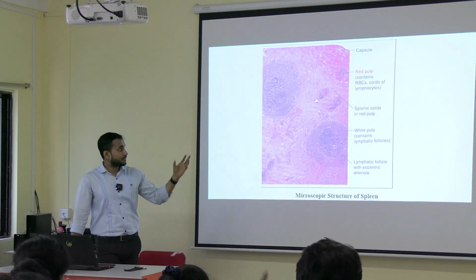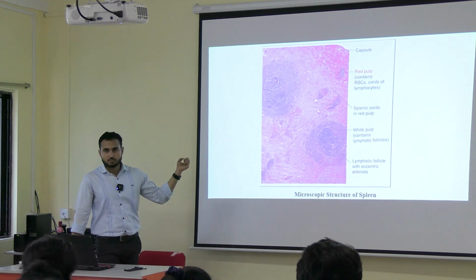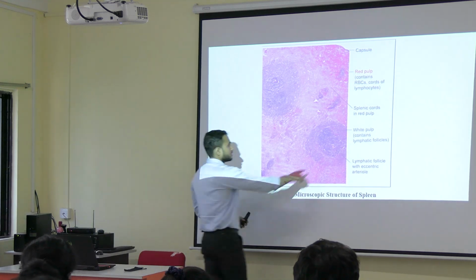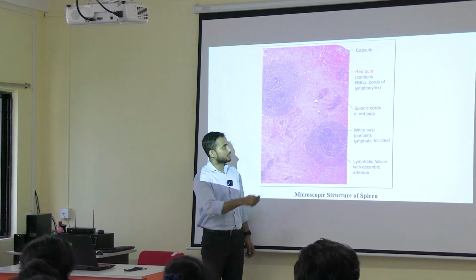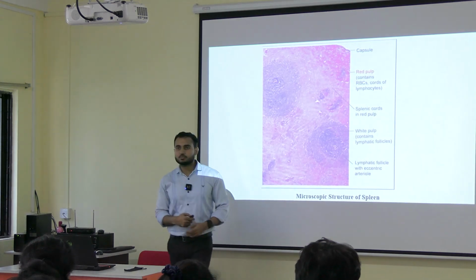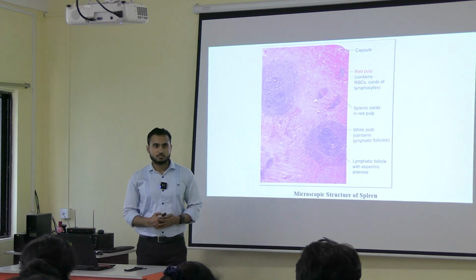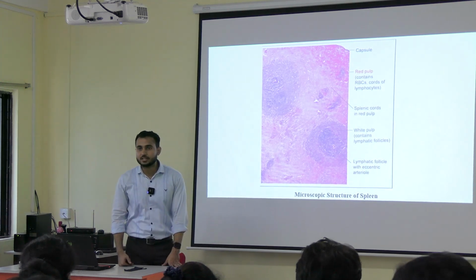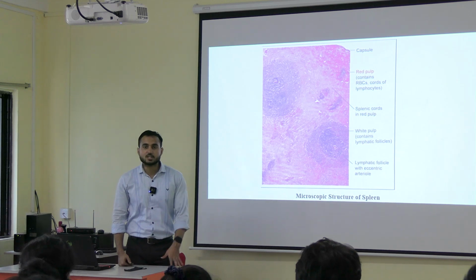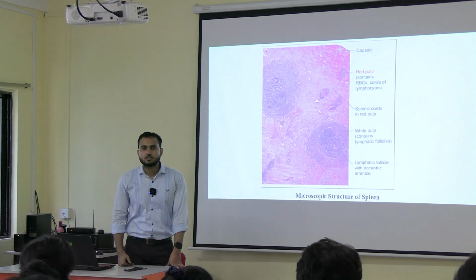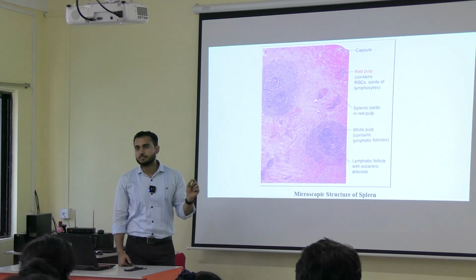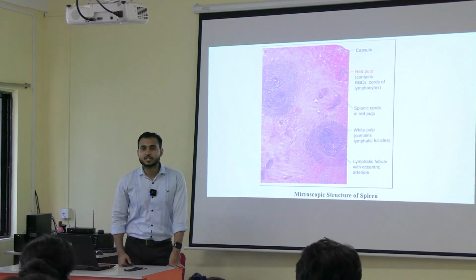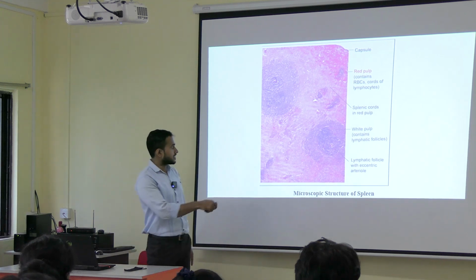White pulp का color क्या है? So what is this? Red pulp or white pulp? This one. This is white pulp. Why are you saying that this is white pulp? First of all, it is darkly stained and it is basophilic. Next, what have you seen? Can you see the arteriole? Eccentric arteriole. Matlab, what is the meaning? B lymphocytes are present. And you can see the germinal center.